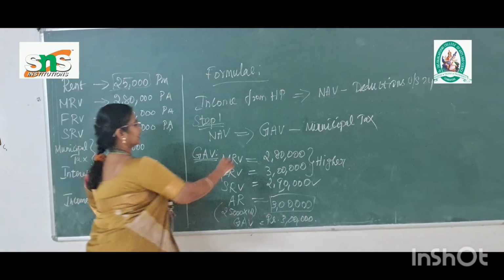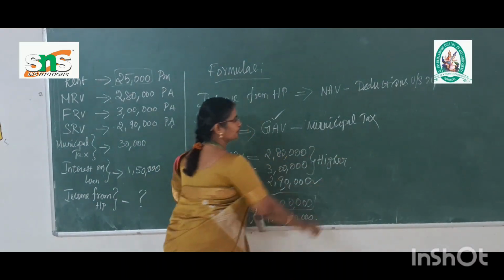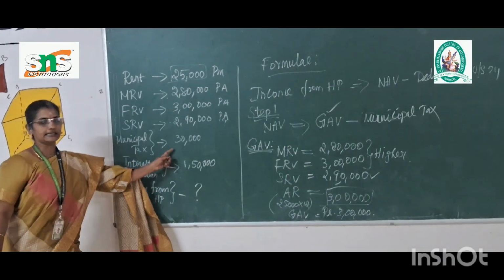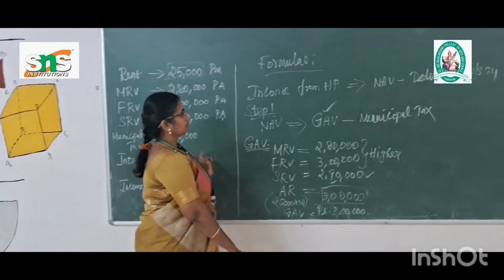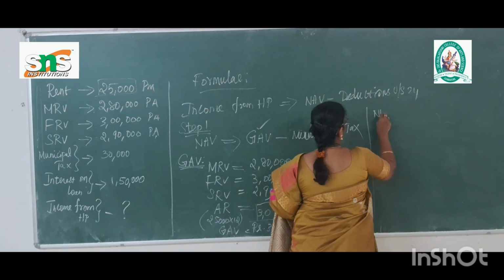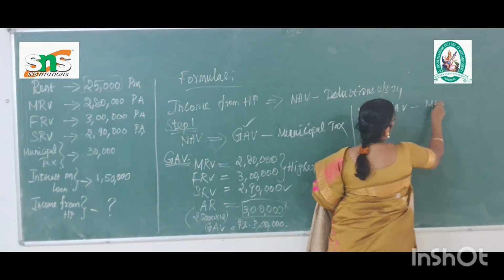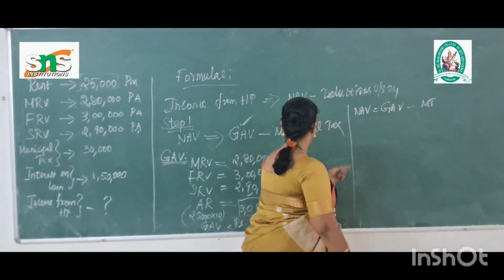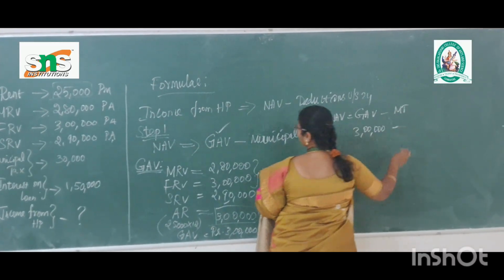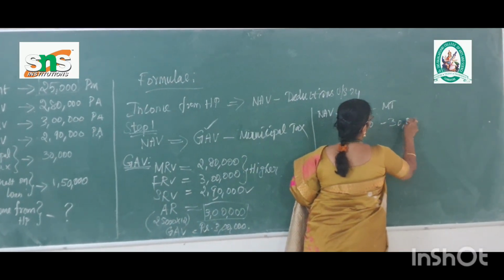So we found the GAV. Next step, we are going to calculate the municipal tax. The municipal tax already given in the problem is 30,000. So now we have to calculate the NAV. NAV is equal to GAV minus municipal tax. The GAV we already found, that is 3 lakh rupees, minus municipal tax, given in the problem, 30,000. So now net